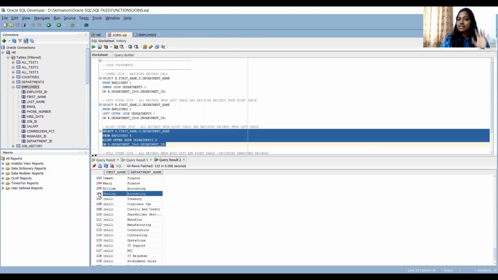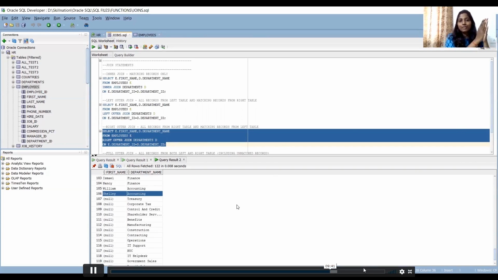Up to 106 we got the result, only matching records from the left table, and apart from the departments in which people are working, there are departments like treasury, benefits, manufacturing, construction and all. There are no employees at all. So what does it mean? It is taking the matching records from the employees table and all the data from the department, meaning the right table.